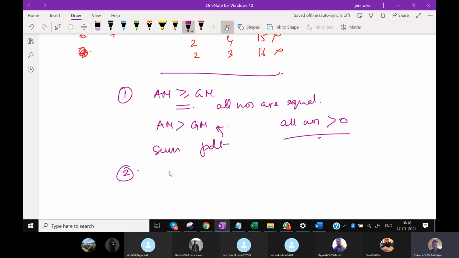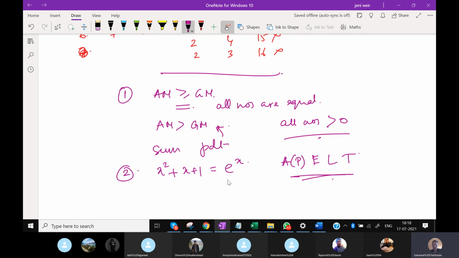Number 2 is when you are trying to solve an equation which involves, so there are 4 types of functions. Okay, one is algebraic or polynomial, whatever you call it. Then you have exponential, then you have logarithmic and trigonometric. So these are the 4 types of functions that you have. So whenever you're trying to solve an equation which involves any 2 of them, for example, x squared plus x plus 1 equals e to the power x.